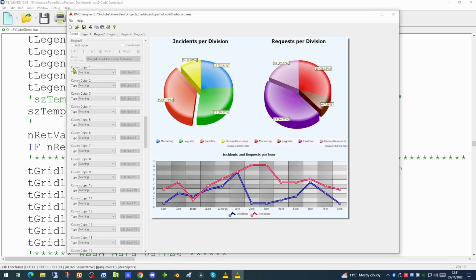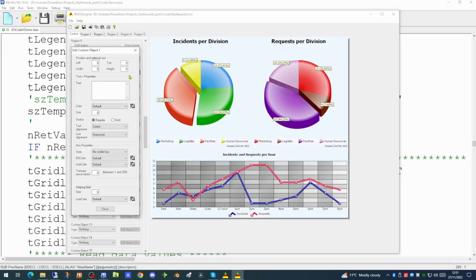Say for example we wanted a piece of text appearing somewhere on the chart. All we need to do is to go to the first custom object and pick Text. We can then click Edit Object, and it allows us to set the location and the text. We can set the position on screen in pixels, and that would put the word Some Text on the screen. Let's make the text a little bigger. We can now set a background for the text,